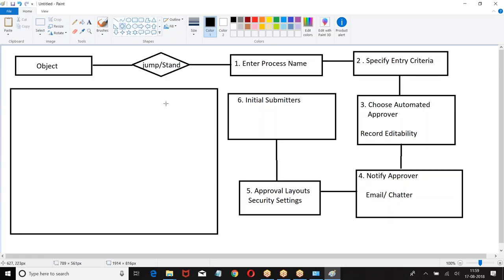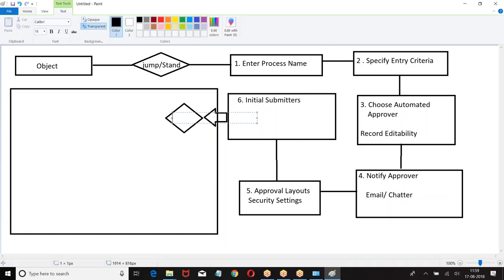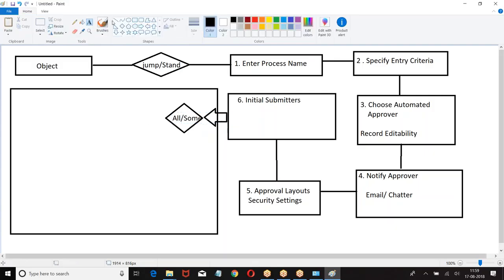Now we have a condition. Do you want every record to enter this step? All or some. No, I say some.